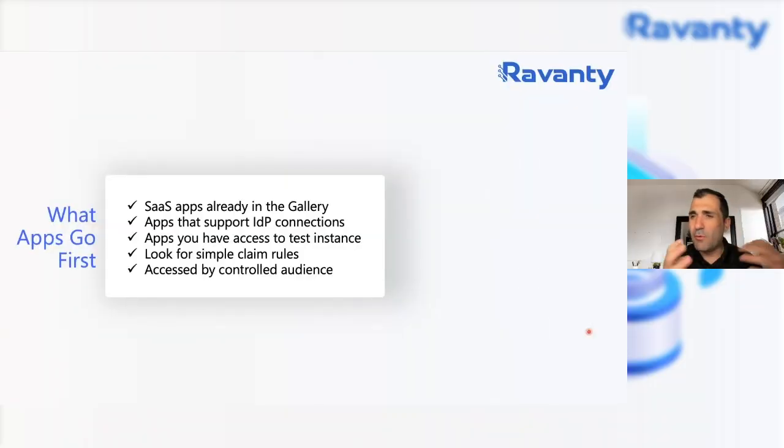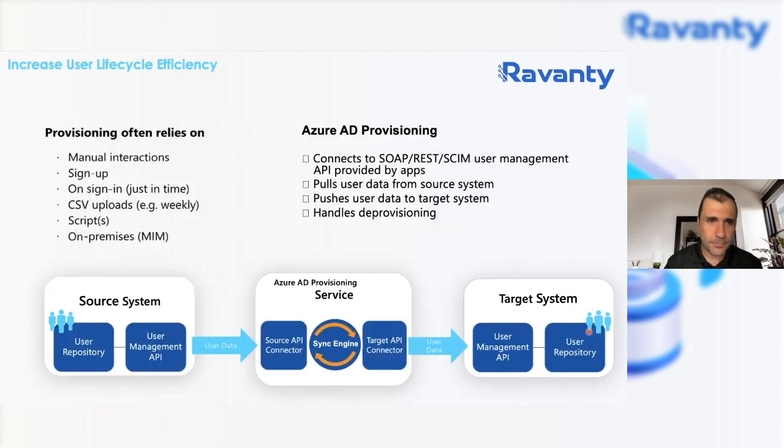You want to look at apps with simple claim rules, apps that don't have any major custom claim rules that you have to reconfigure. So things that have network claim rules, where you want to control which IPs they connect from, things like that. Things that have simple claim rules, or I only allow access if they're coming from this department, things along those lines. Things with a controlled audience. So you want to move apps where you know who has access to those apps. You want to use those types of considerations when you're looking at which apps you should move first.